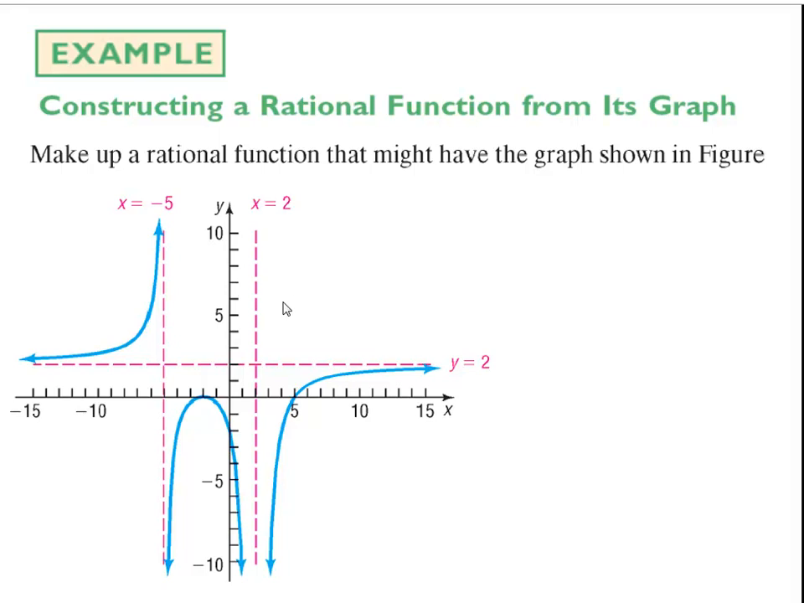So first thing I'm going to focus on is the vertical asymptotes. So I'm going to notice there's a vertical asymptote at -5. There's a vertical asymptote at 2. So that corresponds to division by zero. So I know initially my equation has to have the factor x plus 5, so that -5 will give me division by 0 here. And it has to have the factor x minus 2 in the denominator, so that x equals 2 will give